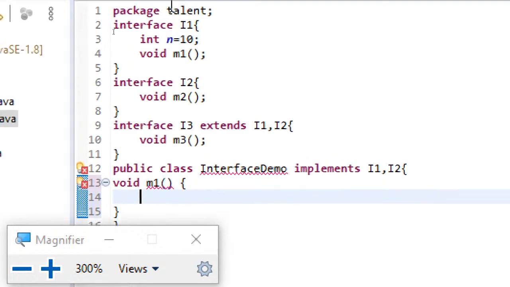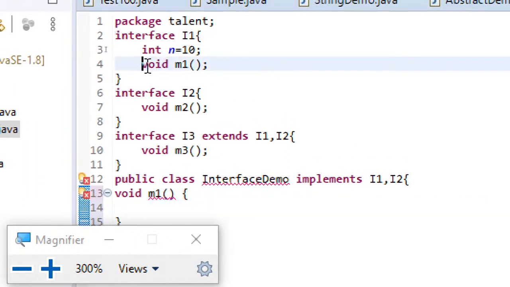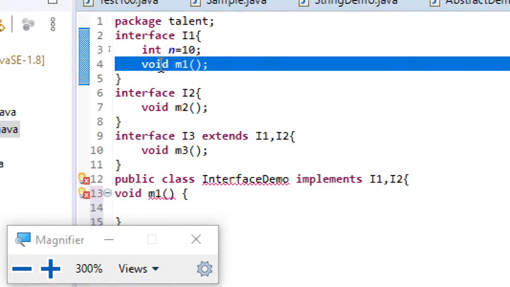But I said that whether you write it or not, inside an interface, for all the methods, there will be the keywords public abstract. And now the point to be noted here is, this method is a public method.